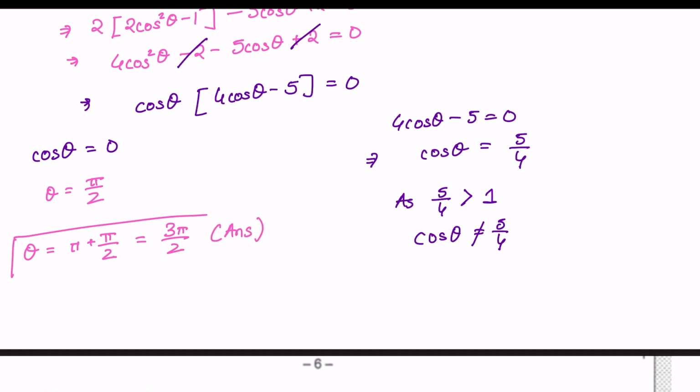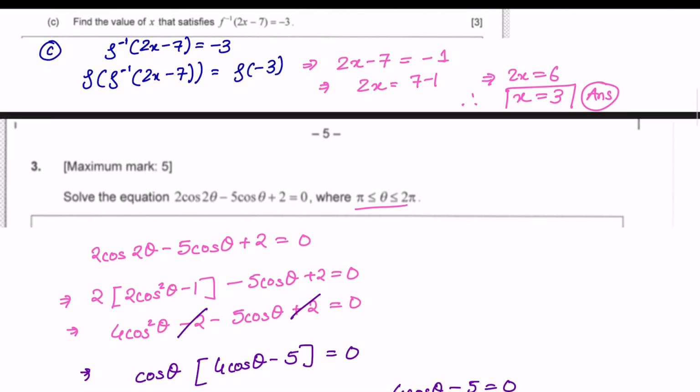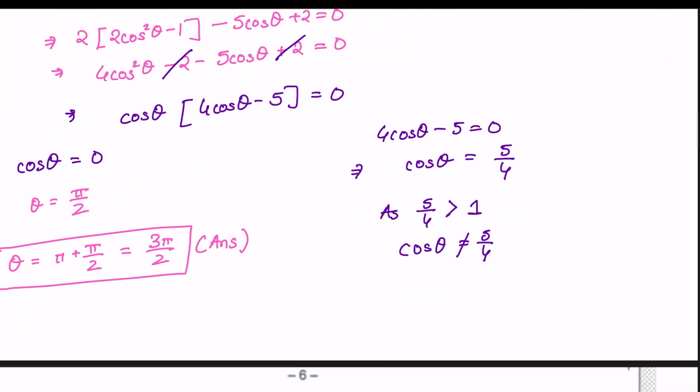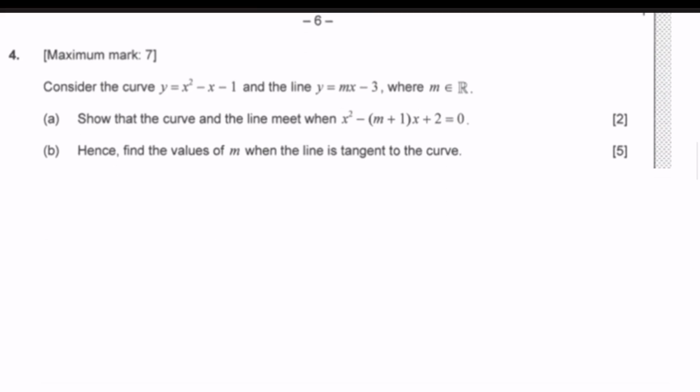And this is the answer of question 3. Just one solution. Now moving to question 4, you have a